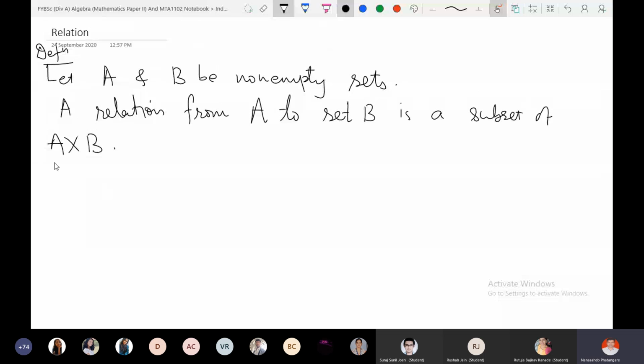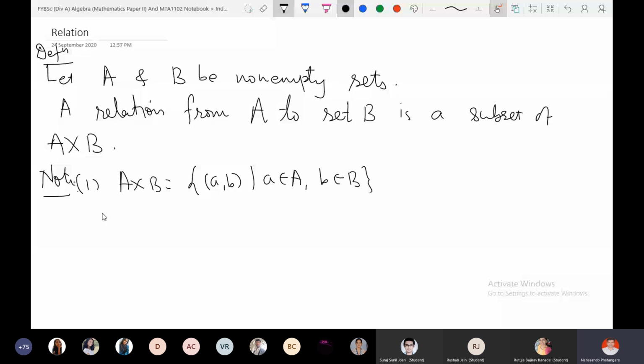So if you want, I will note it again. So what is A cross B? It is a collection of pairs (a, b), where the first component is from A and the second component is from B. Right. So now,